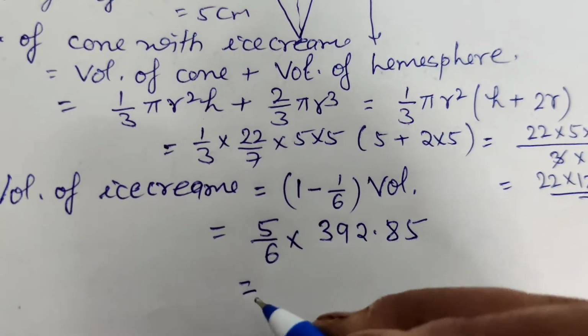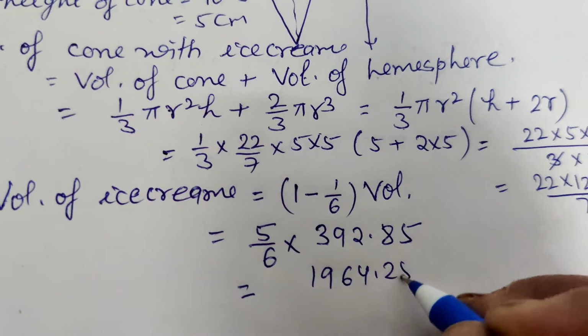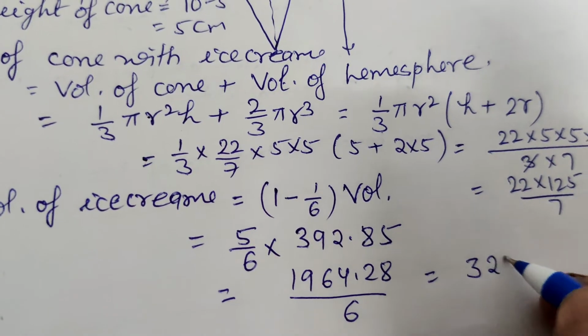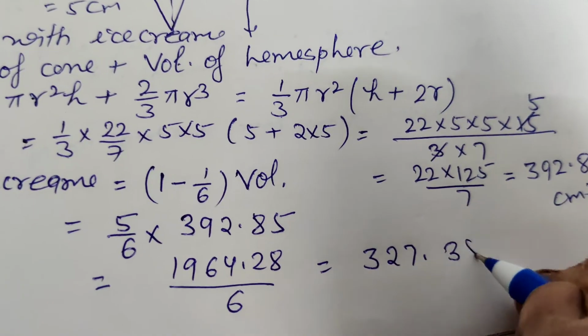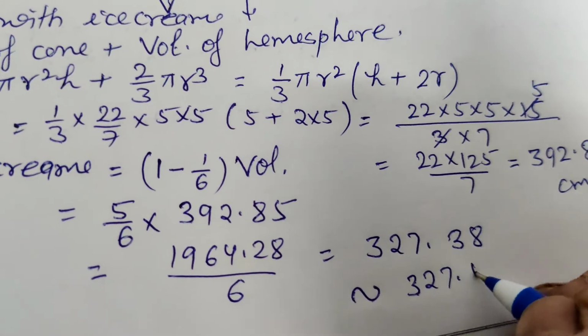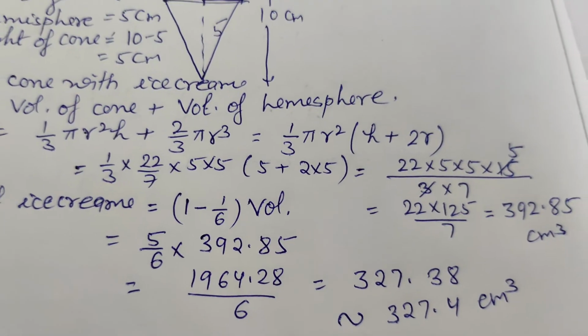Multiply by 5, we get 1964.28 and divide by 6. It is 327.38. So we can say approx 327.4 cubic centimeter. The ice cream is 327.4